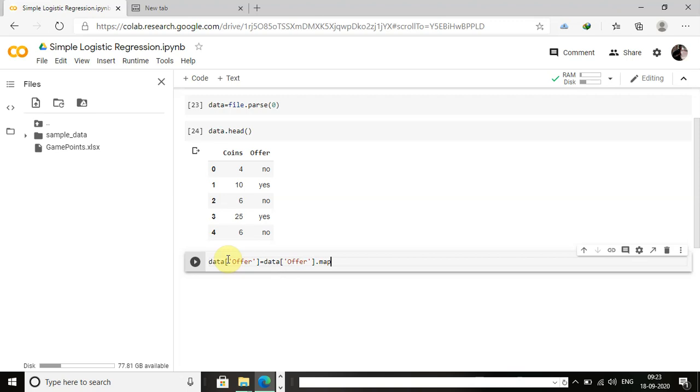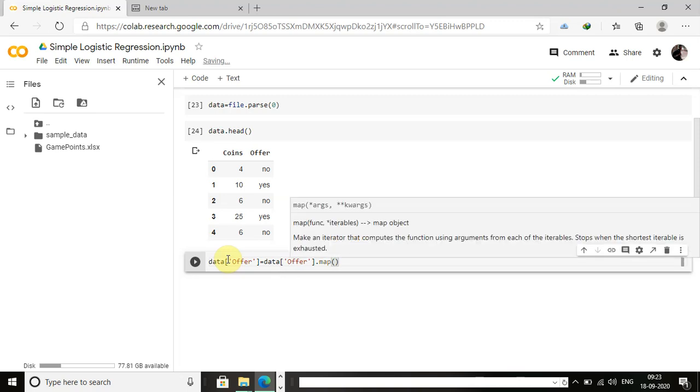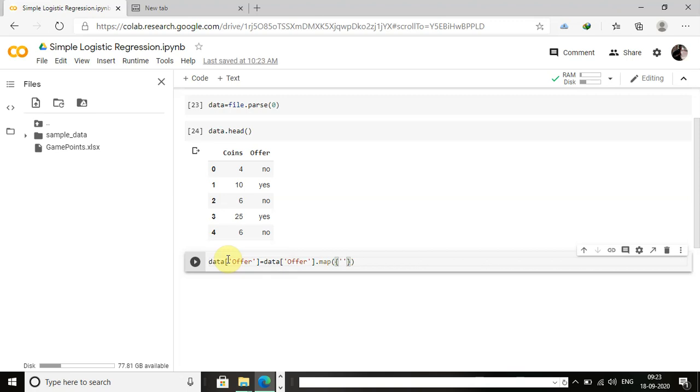In this map method, I have to initiate one dictionary which will contain the corresponding values for yes and no. So yes will be replaced with 1 and no will be replaced with 0.